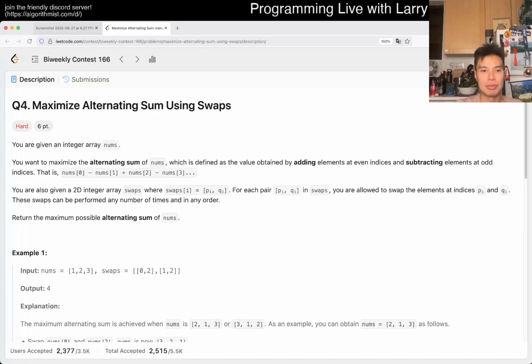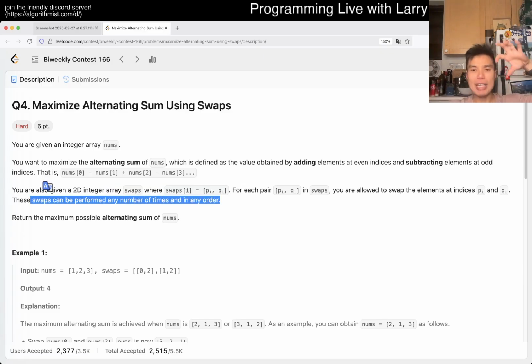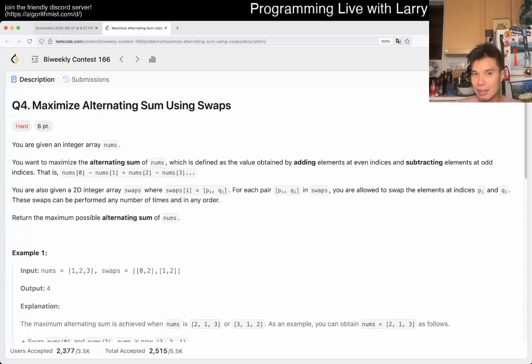The key thing to note is that you could do an infinite number of swaps, and if you have an infinite number of swaps, then swaps are kind of transitive, right? Meaning that if you can swap A and B and B and C, then that means that you can swap A and C. And then from that, the first thing to know about that then is that